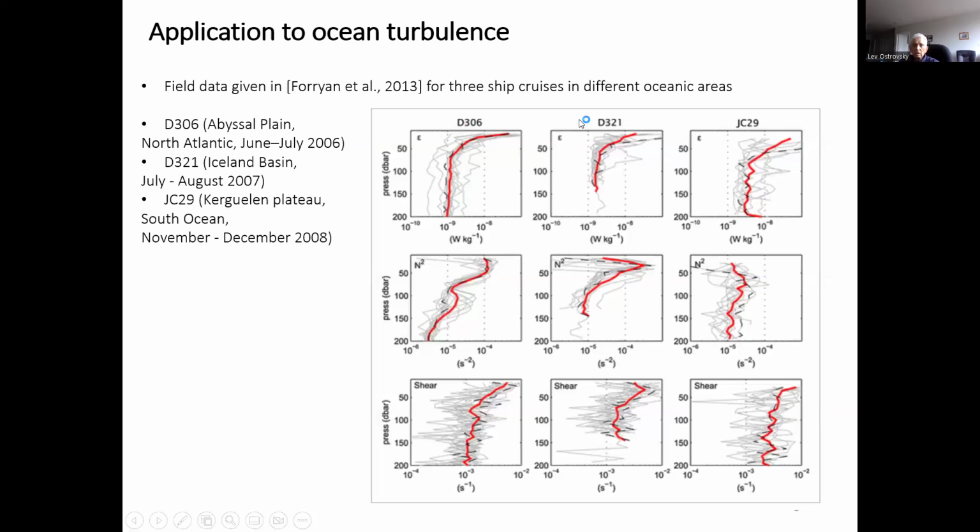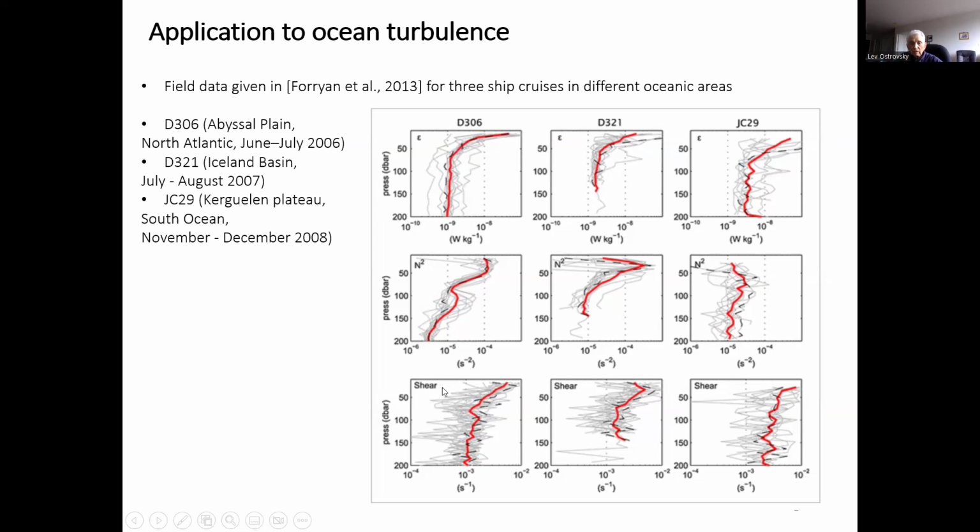And it is for three cruises, three places in different areas of the ocean. This is for North Atlantic, this is Iceland, near Iceland, and this is in Southern Ocean, so it's almost the antipode of these two. So what could we do? We could take these two lower rows as given, and then calculate this upper row and try to compare with their measurement result. Also, pay attention to the big dispersion